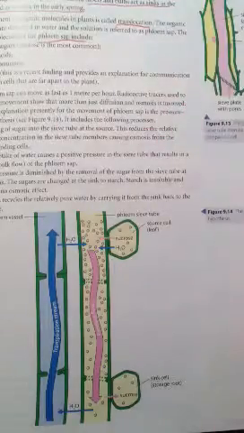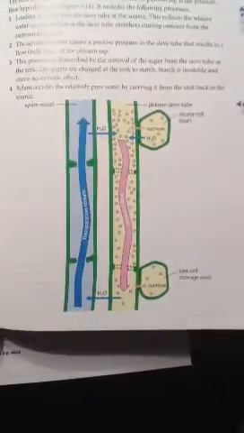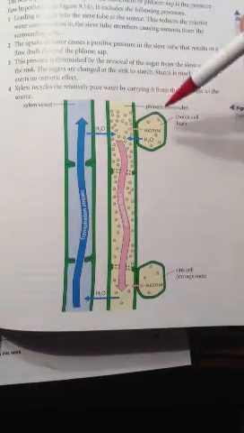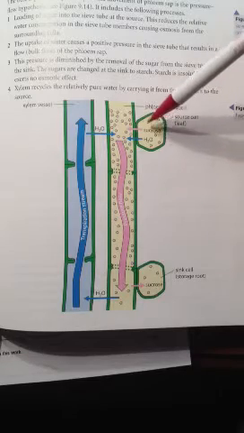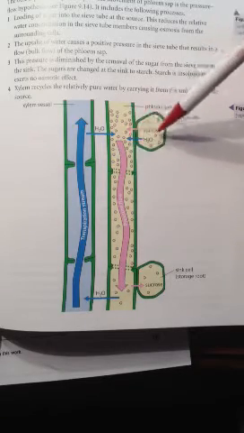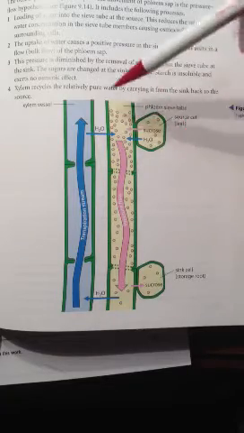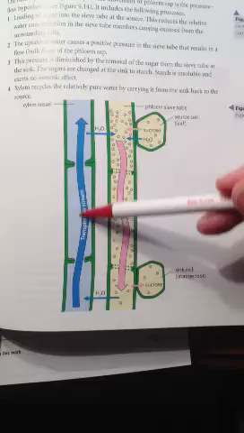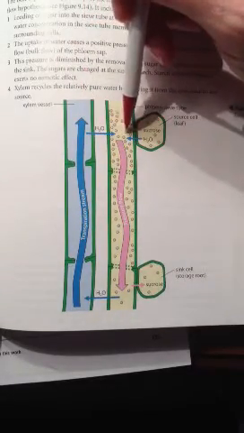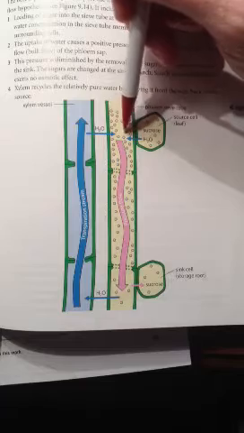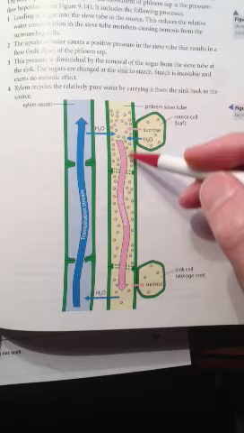And how this works is, looking at our figure, we're going to have a high sucrose concentration here. High sucrose concentration means it's going to need water to diffuse in there through osmosis. So we have transpiration bringing water up. Water will then pass from the xylem into the phloem, making it a high concentration of water. And this pressure flow will push the